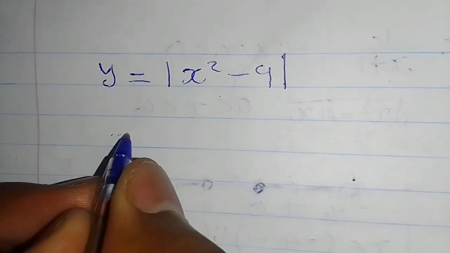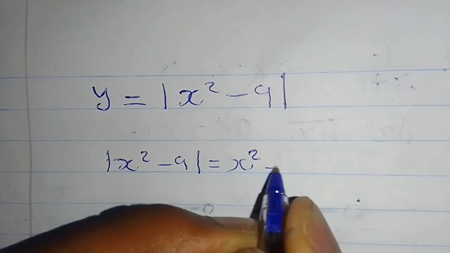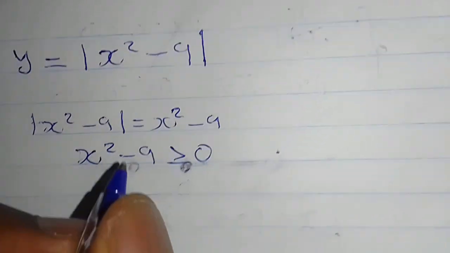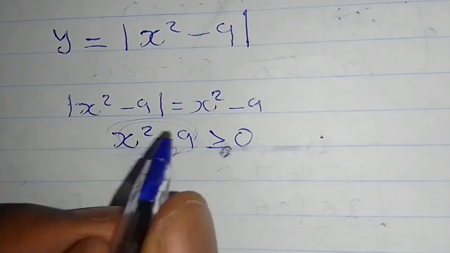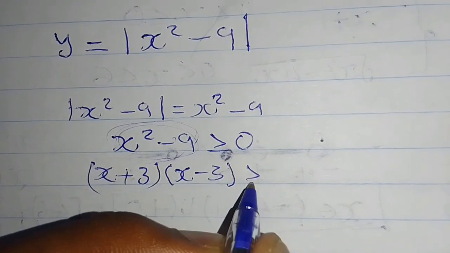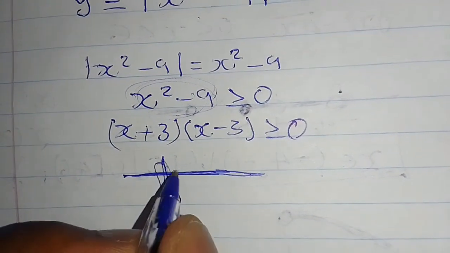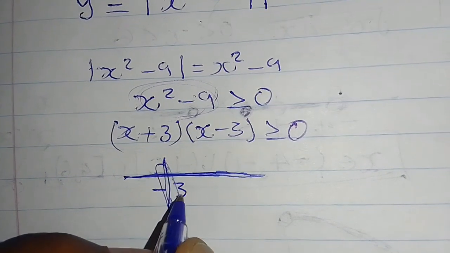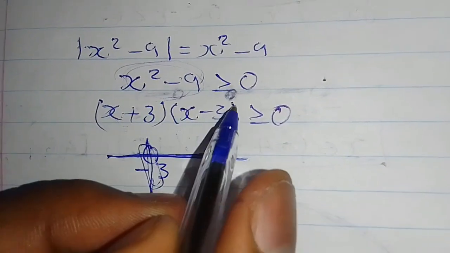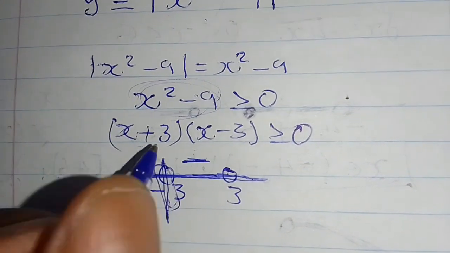Okay, we know that by definition, the absolute value of x squared minus 9 will be equal to x squared minus 9 for as long as x squared minus 9 is equal or greater than 0. You can try to solve the inequality first, and then find the interval that you're working on. But okay, so you have your critical values to be minus 3 and 3. So you plug in a number between minus 3 and 3, which is 0. And if you plug in 0 here, you get a negative value. And then if you plug in a number less than minus 3, for example, minus 4, then you get a